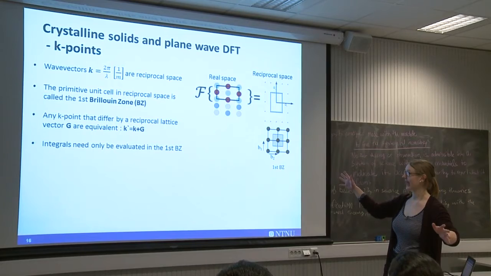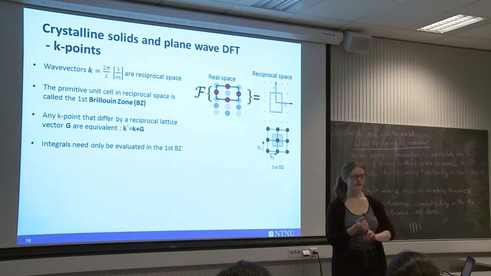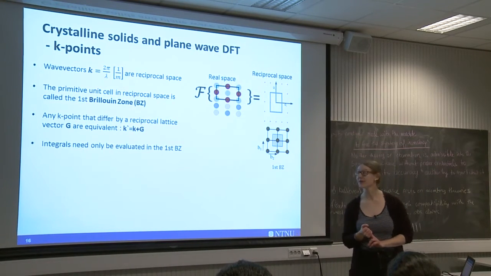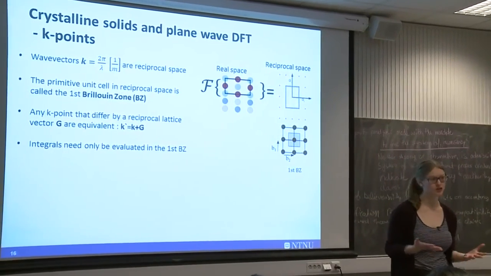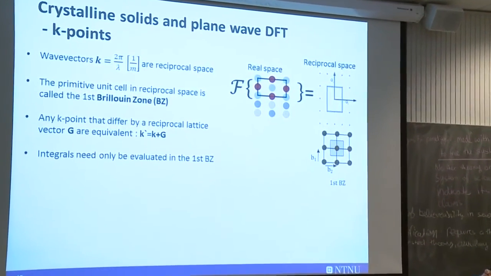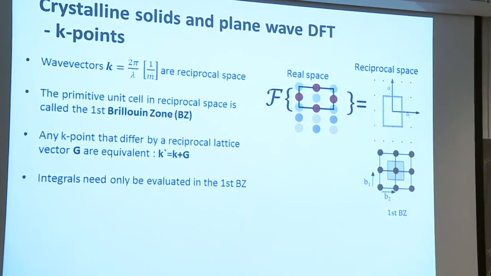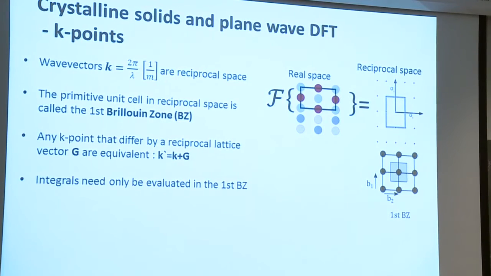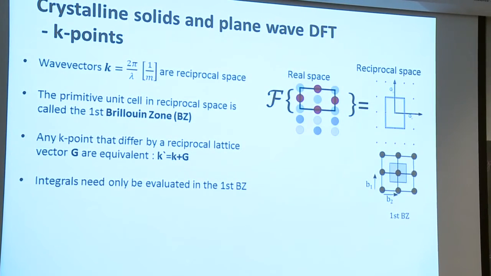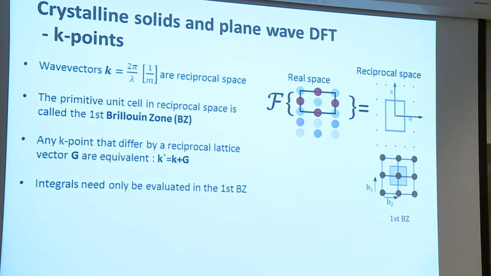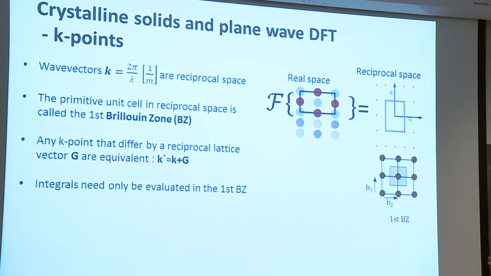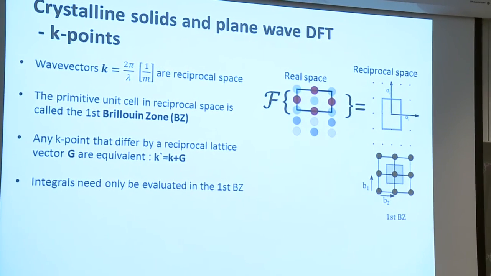And in reciprocal space, the primitive unit cell is called the Brillouin zone, or the first Brillouin zone. Then you need to know that any K vector which extends the primitive cell in your reciprocal space, or extends the Brillouin zone,